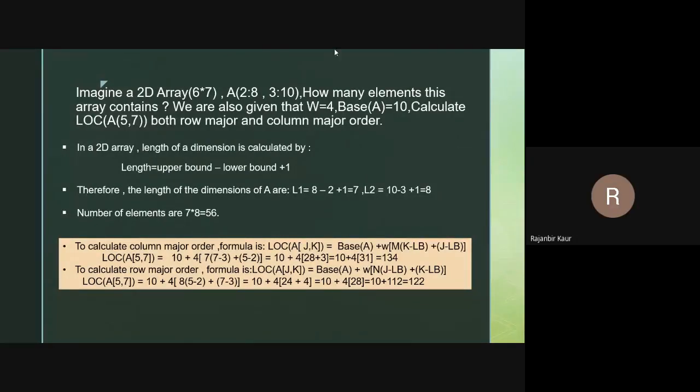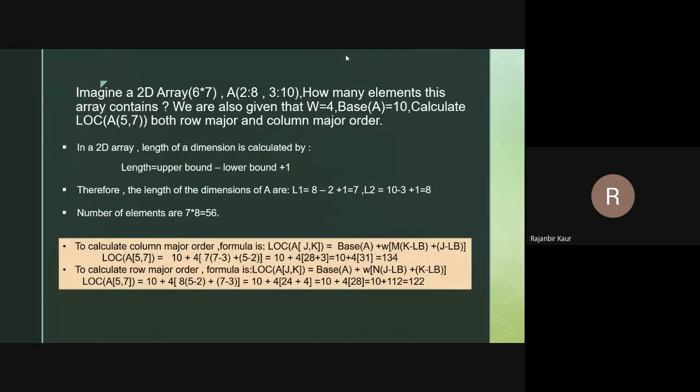Here, as we know, A is a two-dimensional array, and the first 2:8 is the lower bound and upper bound of the first dimension. In general notation, we refer to A as rows, comma, columns. The 2:8 part is the row part, separated by a comma from 3:10, which is the column part. They are the lower bound and upper bound of the column part, and 2:8 is the lower bound and upper bound of the row part.